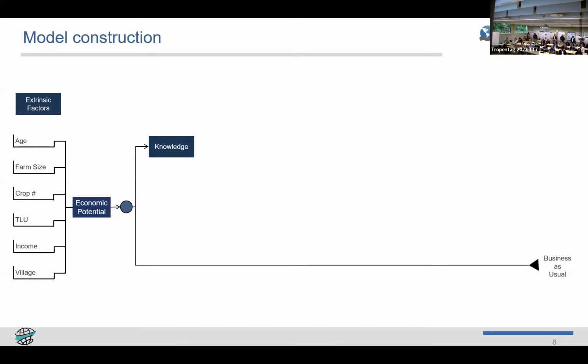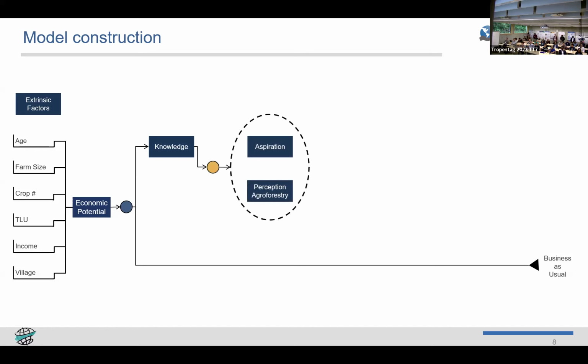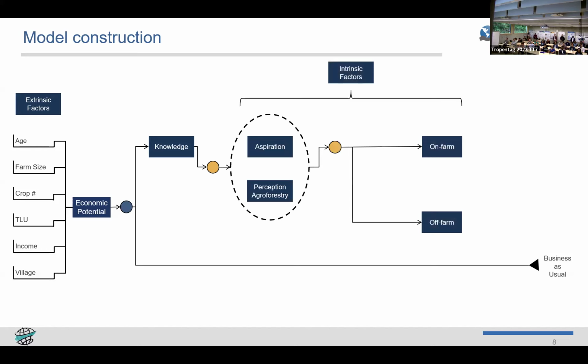We also include other factors. So we include the knowledge of the households. Did they participate in any agricultural training before? Are they a member of a farmer group? Then we include the perception of agroforestry. What does the household think about agroforestry at the moment? And also the aspirations. So here we include, does the household have on-farm aspirations, off-farm aspirations? And here, based on literature, we define some kind of probability. We know how the on-farm aspirations and ambitions, the interrelation can lead to the adoption. So we have some probabilities here.